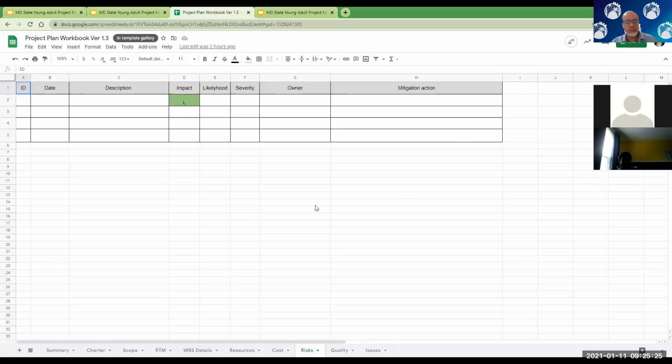You would go into this tab, for example, and put today's date, whatever the date is, and you get together with your team. What could go wrong on the job fair, right? So someone could say the main host could lose internet access during the event, right? That's a risk. So you put that here as a description, loss of internet by host. What's the impact? The impact is going to be high. So you just put high.